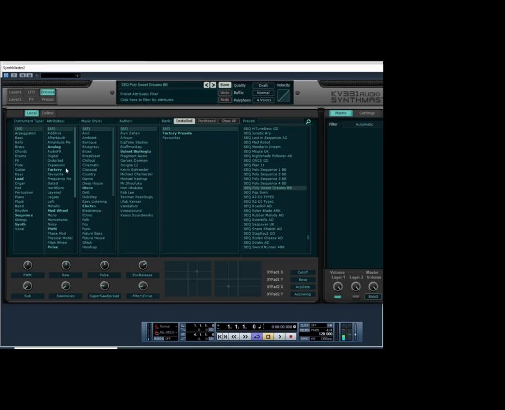Okay, so it's got quite a full digital kind of sound, and we open here on the preset browser. We can choose instrument types, currently set to all, so this list is going to show every instrument. But if I wanted to narrow it down just to arpeggiated sounds,